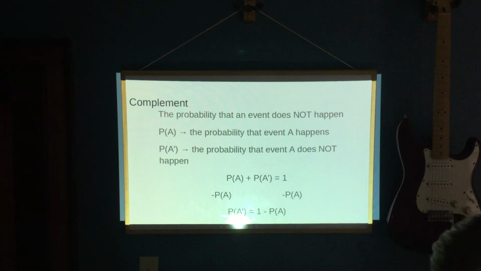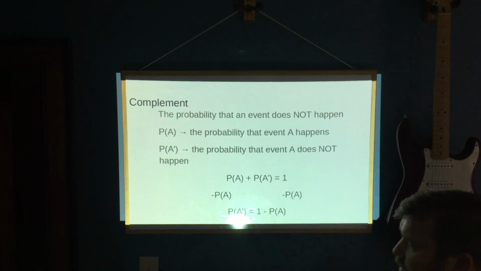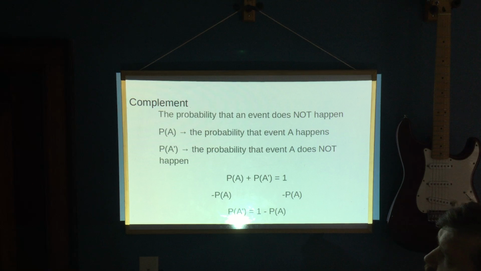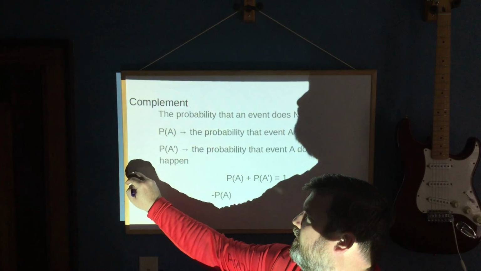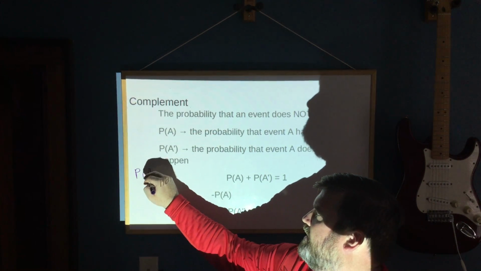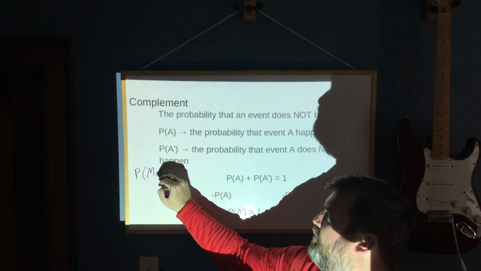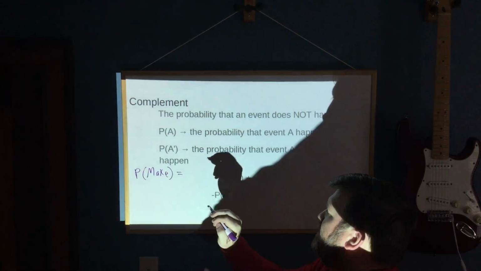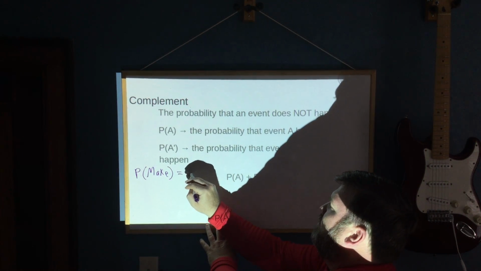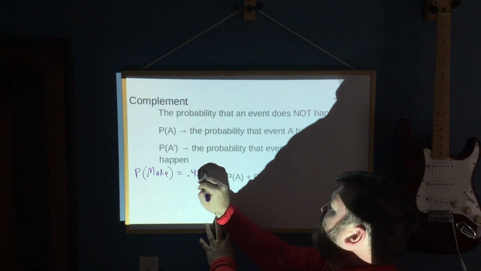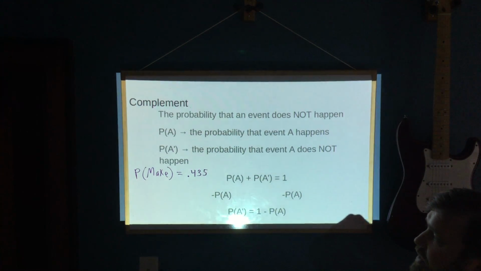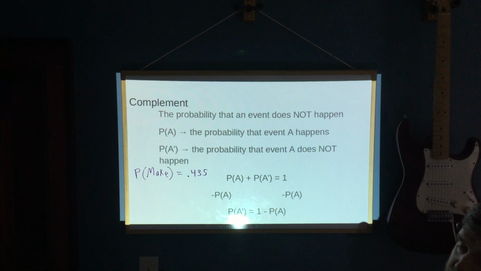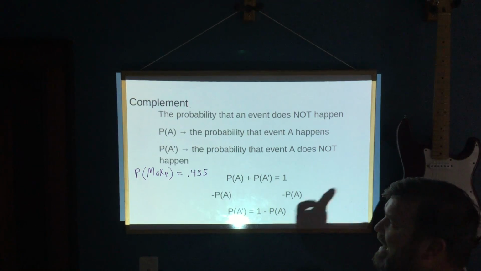Off camera earlier, I Googled his career three-point percentage, and the probability that he makes a three-pointer was 0.435. In other words, he's a 43.5% three-point shooter, which is incredibly good. If we wanted to find the probability that he doesn't make it,